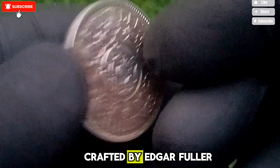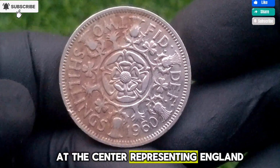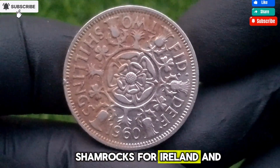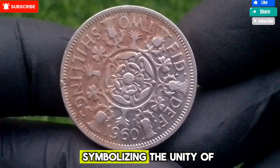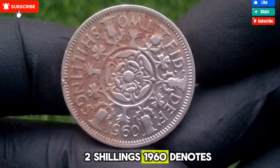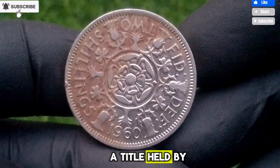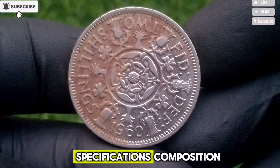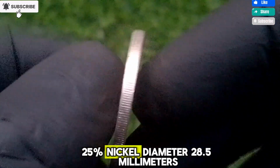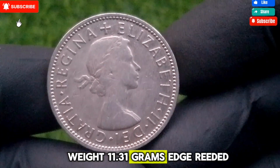The reverse, crafted by Edgar Fuller and Cecil Thomas, showcases a Tudor rose at the center, representing England. Surrounding the rose are thistles for Scotland, shamrocks for Ireland, and leeks for Wales, symbolizing the unity of the United Kingdom. The Fid Def 2 Shillings 1960 denotes Fidei Defensor, or Defender of the Faith, a title held by the monarch. Specifications: composition, cupro-nickel, 75% copper, 25% nickel. Diameter, 28.5 mm. Weight, 11.31 grams. Edge,